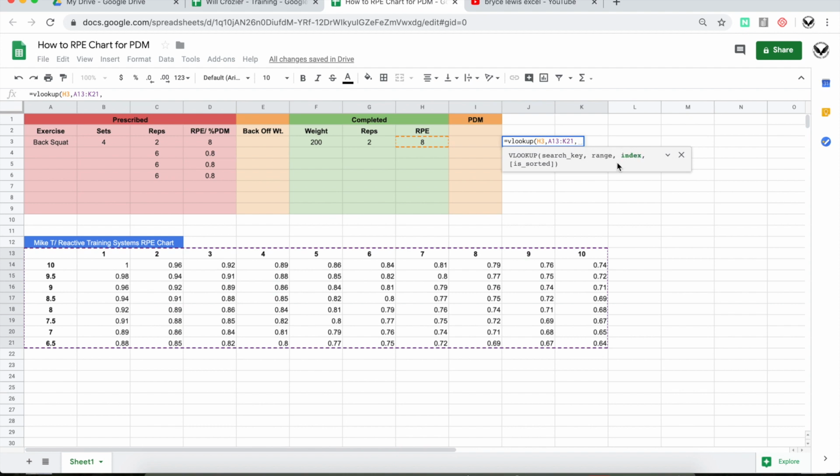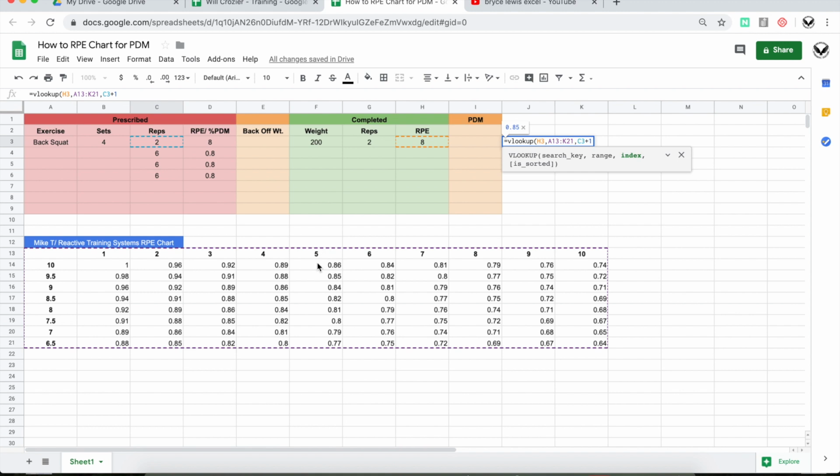Finally, it is what is actually being searched in terms of which column do we need. And the column actually correlates with the reps. So we're going to use this cell, prescribed reps, plus 1, because obviously we want to overlook this first cell. So even though the reps are 2, it actually needs to look in column 3. So it's the 2 reps plus 1. Whereas if this had a 5, the plus 1 would mean that it would be in the 6th column, which would be this one here, being column 1, 2, 3, 4, 5, 6,